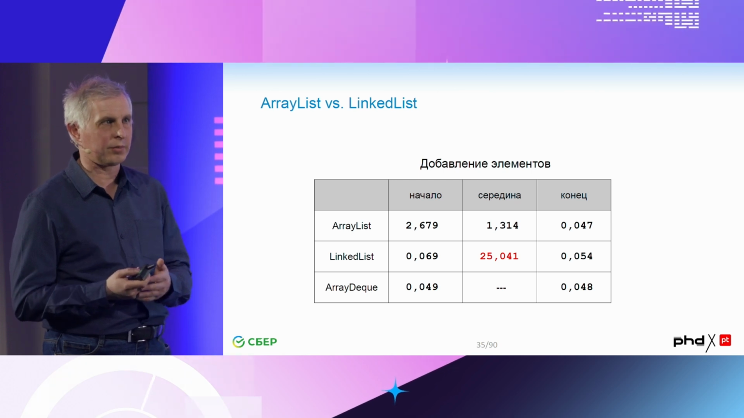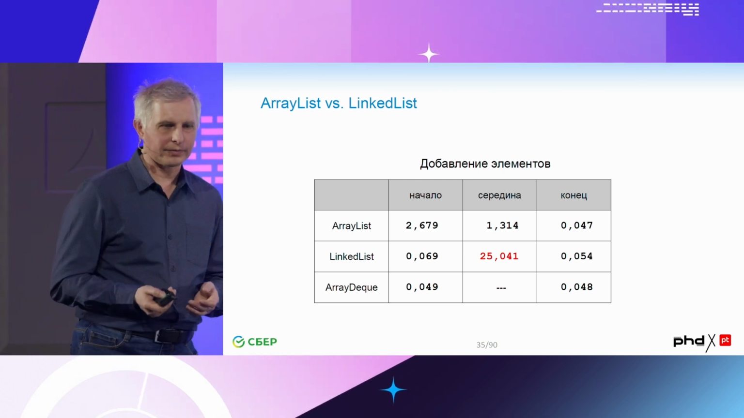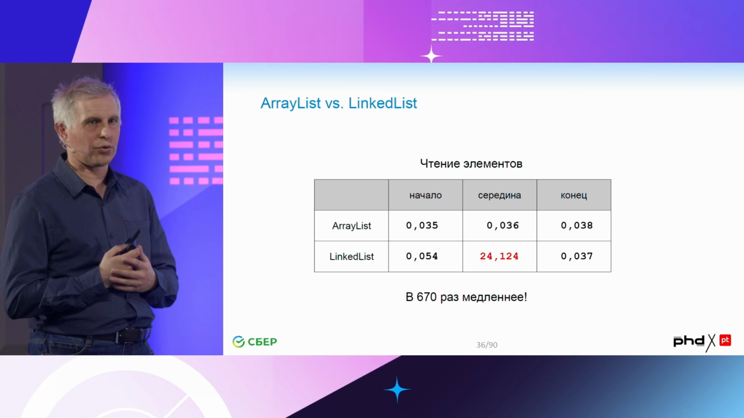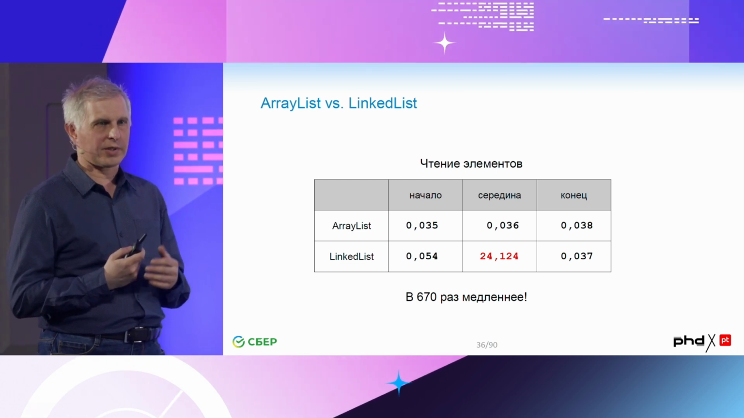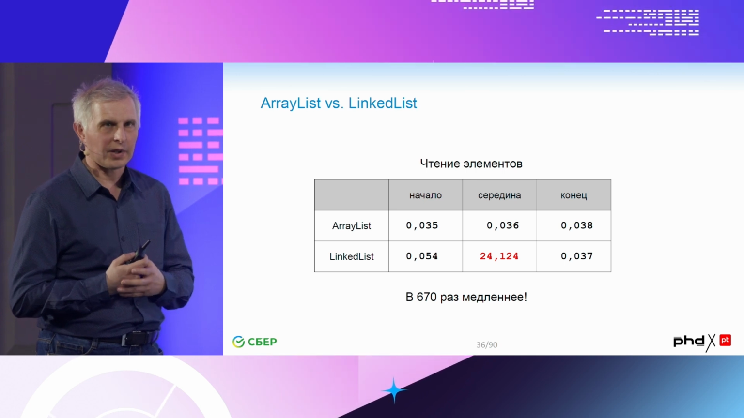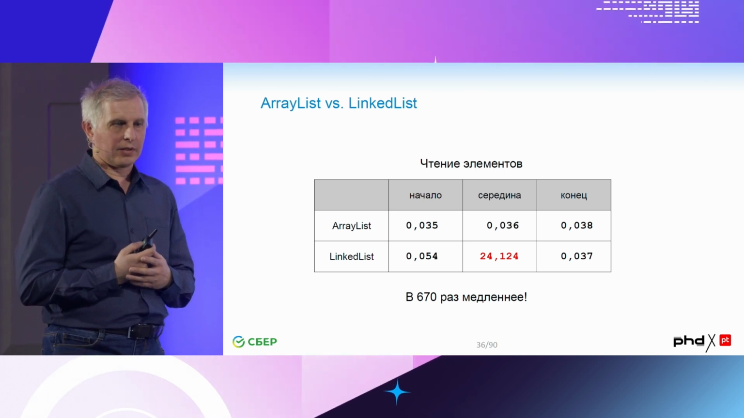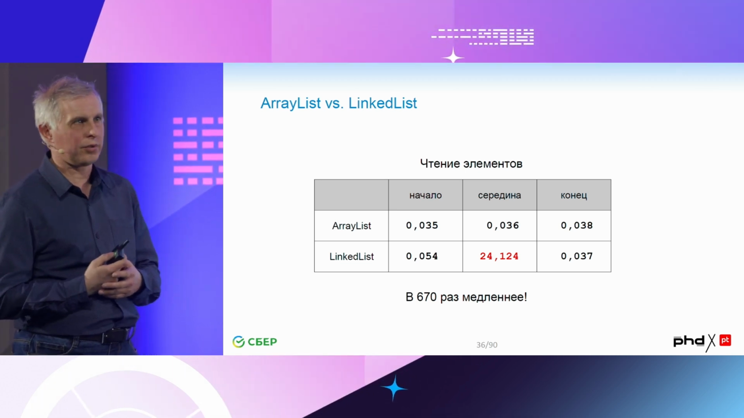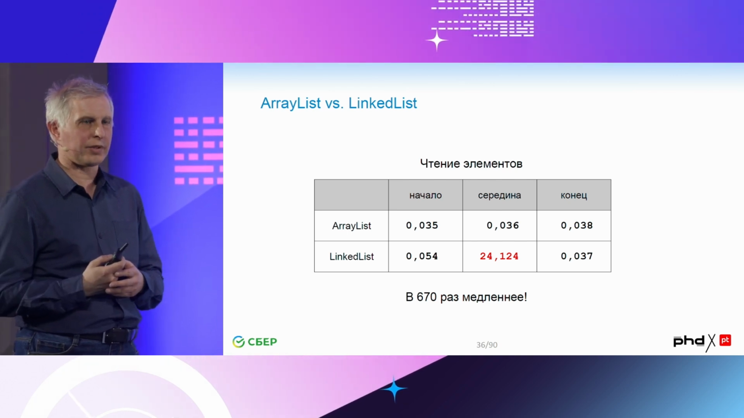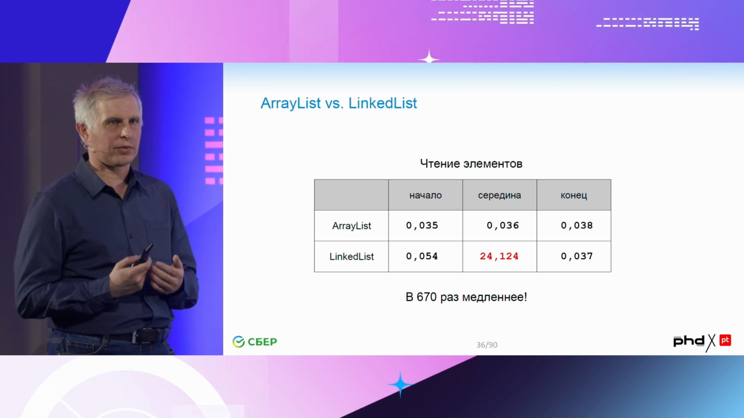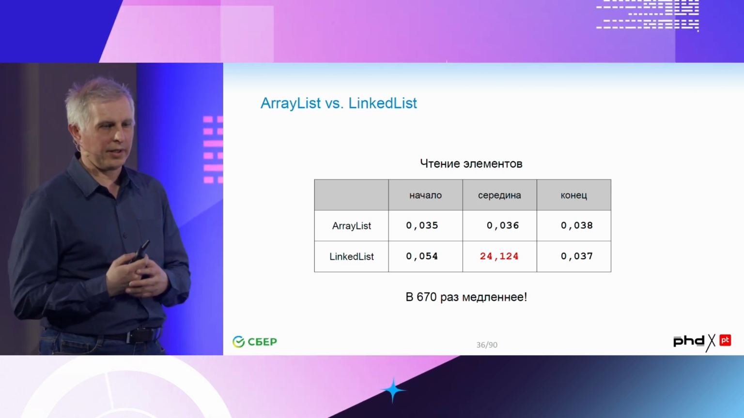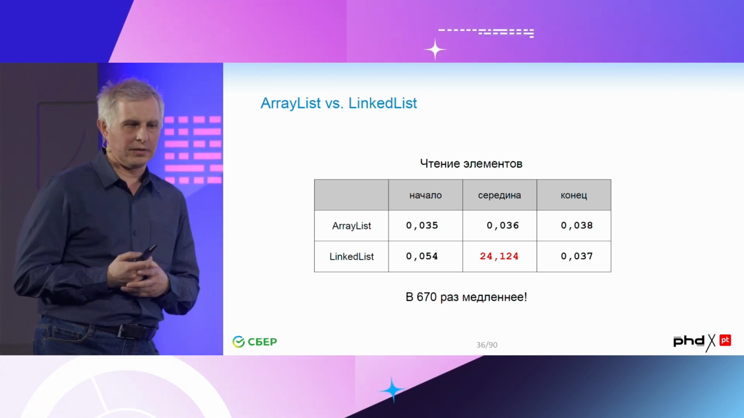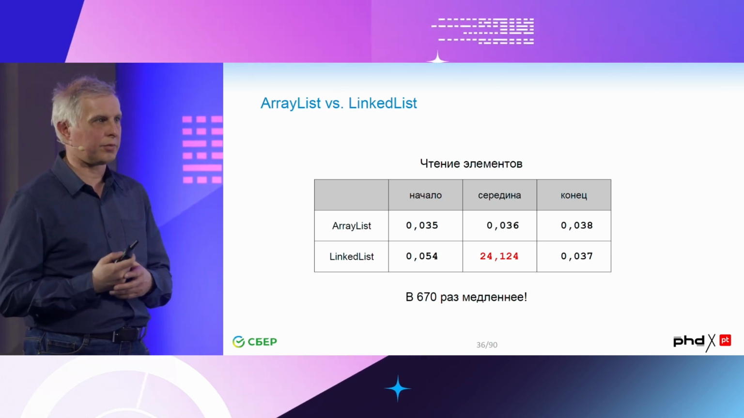So we've added elements to the list, but we add elements sometimes, and sometimes we read them. So if we measure how much time it takes to read elements, the first, the last, and the one in the middle, the reading for ArrayList is more or less the same, because indexing is not important. It's O(1). And in LinkedList, we need to read from the beginning or from the end. And in that case, reading from the middle is many times